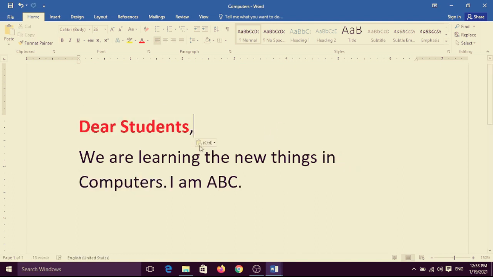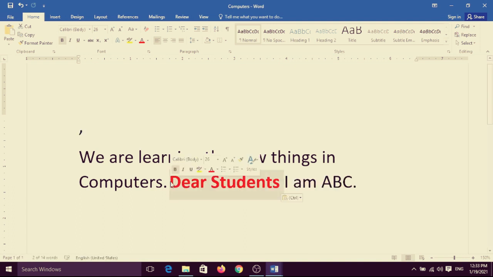Yes, very simple. Once again, select your text and drag it from here to this side. Suppose I want it here, release your mouse button and it will be here.